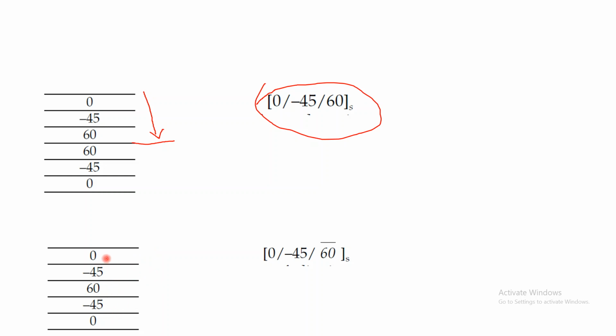So the number of layers are 1, 2, 3, 4, 5. 5 layers are there. And about the 60-degree lamina, here we don't have any midplane because 5 layers are there. Midplane is nothing but this lamina itself, that is the 60-degree lamina, and therefore sometimes they will go for specifically a bar over the particular lamina. So 0, minus 45, 60, and later on it is the same as that of the previous top layers.